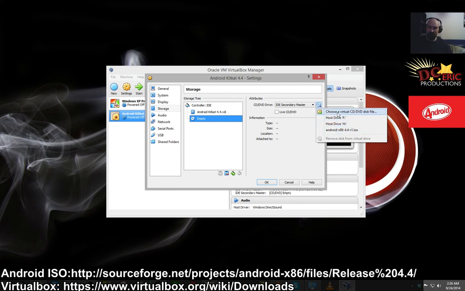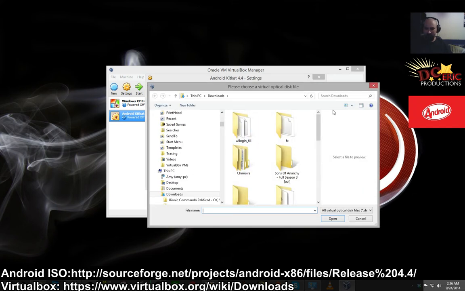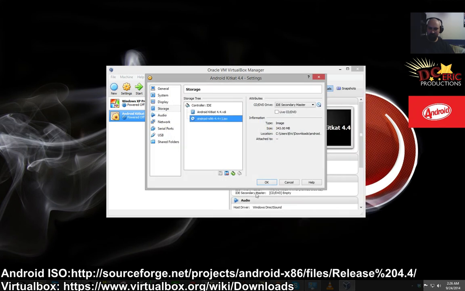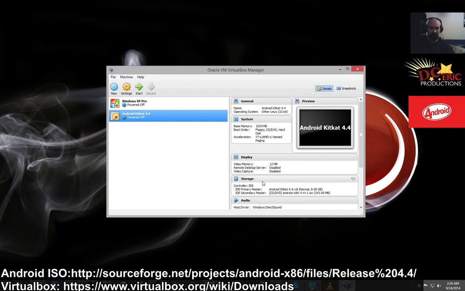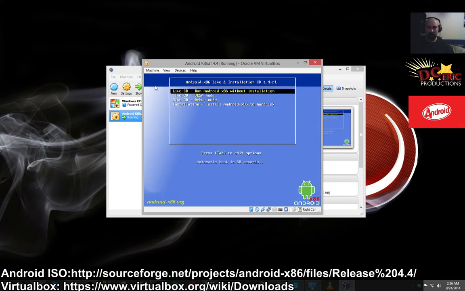So what you're going to want to do is go to choose virtual CD, DVD disk file, and go to wherever you have downloaded it. Usually it's in the downloads folder. Type Android in the search bar at the top. I do have it downloaded twice. I accidentally downloaded it a second time. So just select any one of them really, and now it's available. So just press OK, double click on the operating system, and then the next step is to install Android 4.4